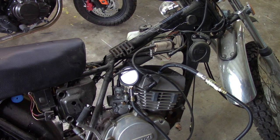But this is the reality of working on a lot of this stuff. And like I said, it did run. I gotta check my previous videos to see if I even showed it running. But it ran, and it had about 85 psi too. I was kind of disappointed when I got the new cylinder head, piston, and rings and everything put on here, thinking, oh, you know. But now,